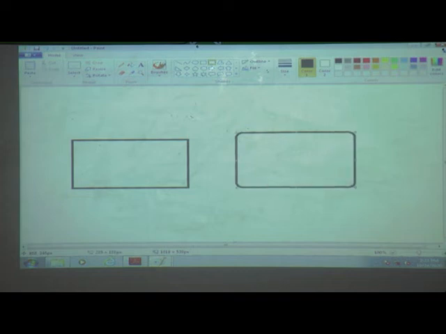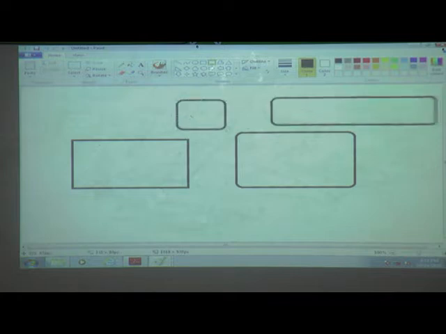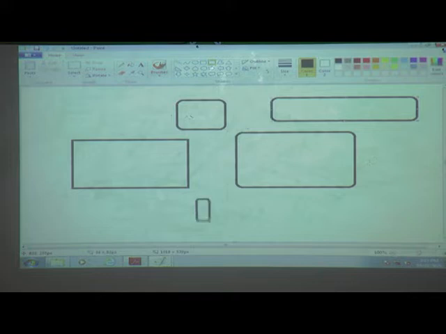This is also a rectangle, this is also a rectangle. But what is the difference? The corners are only curved. Corners are only rounded. And here corners are not rounded. The only difference is that. How to draw the square and how to draw the rectangle? The procedure is the same only, but how it looks is different.